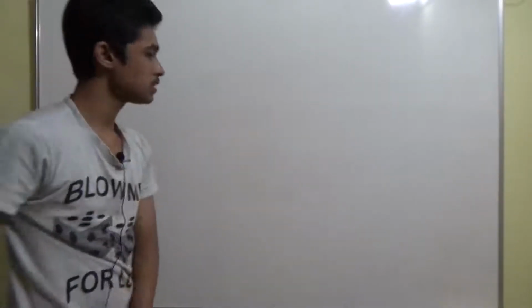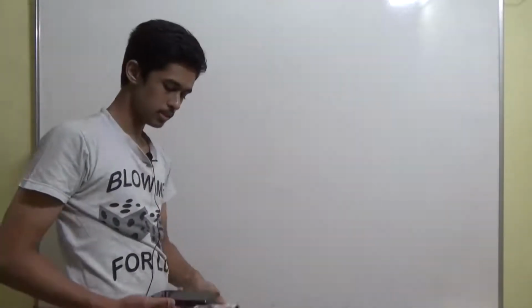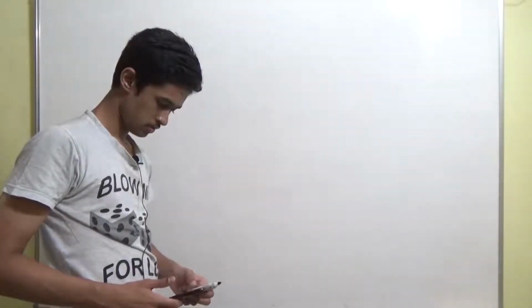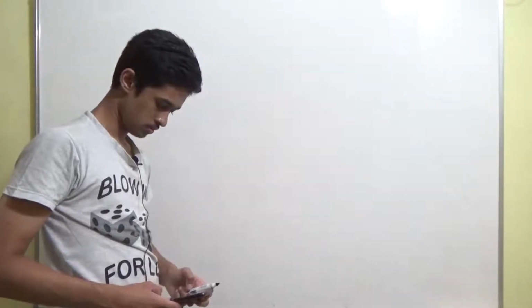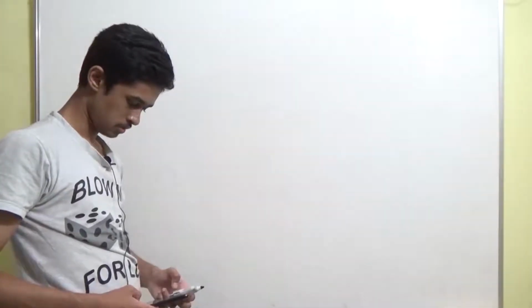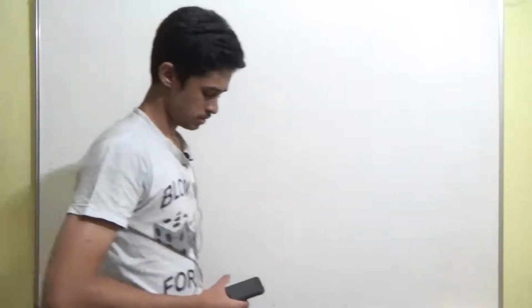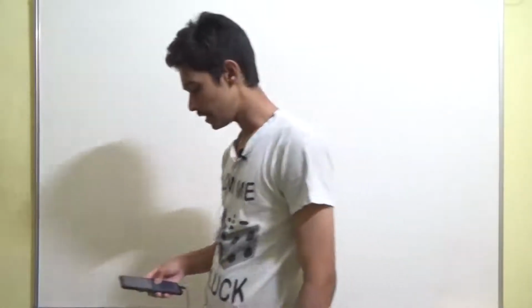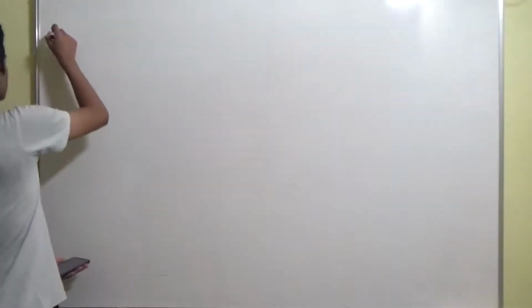Right, now let's go to the second sub question. Let's read out the second sub question now. It says a fraction becomes 1 by 3 when 1 is subtracted from the numerator, and it becomes 1 by 4 when 8 is added to the denominator. Find the fraction. They are telling, it's quite similar, guys. We have already done problems like this.